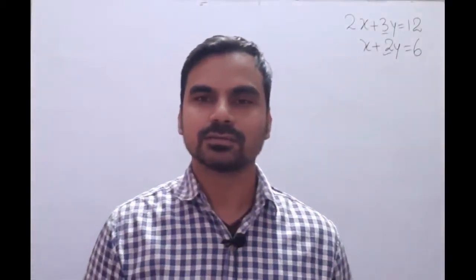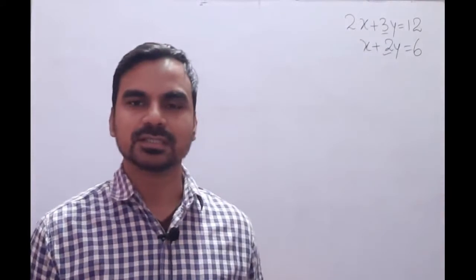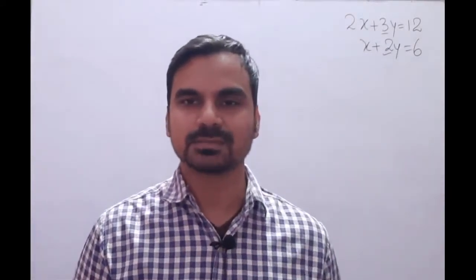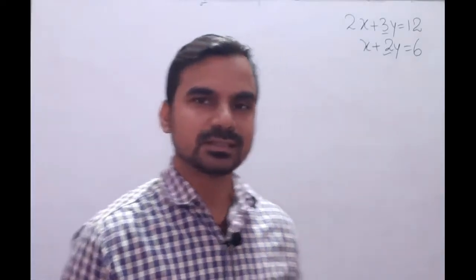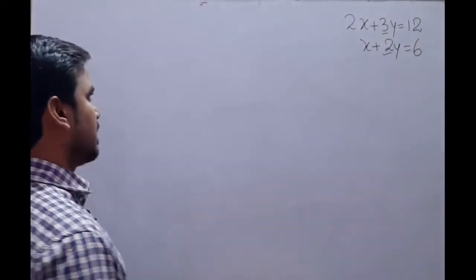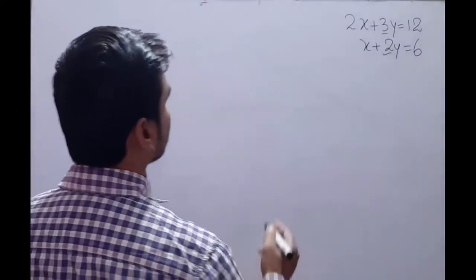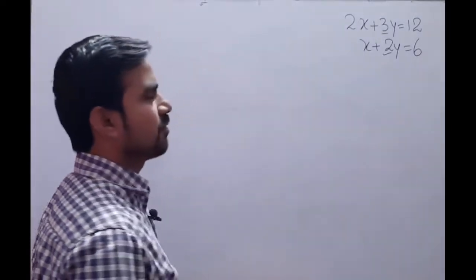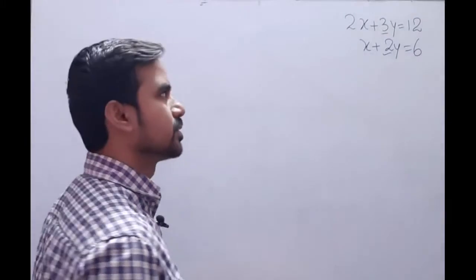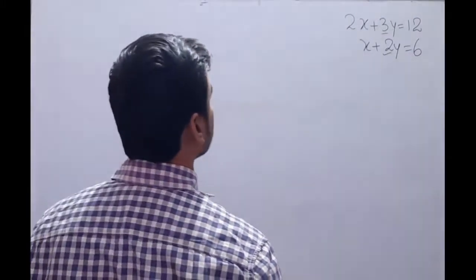Now students, I will tell you a short trick by which you can easily make the graph without spending too much time. That is also known as intercept form. In that case, you simply have to put the value of x as 0 and the value of y as 0, and you will get the coordinates.